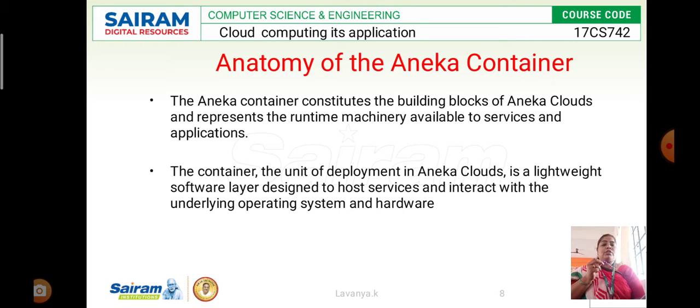For the software as well as the hardware, there should be a PAL interface. The PAL interface means platform abstraction layer. These are the software layers designed for the Aneka container to provide the many services.